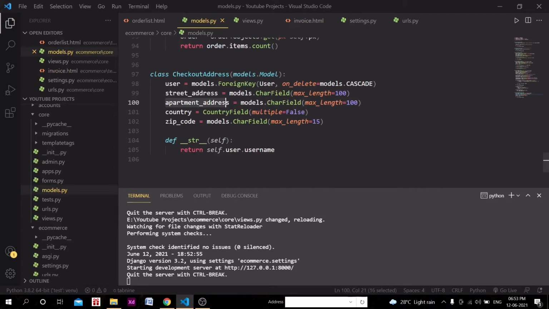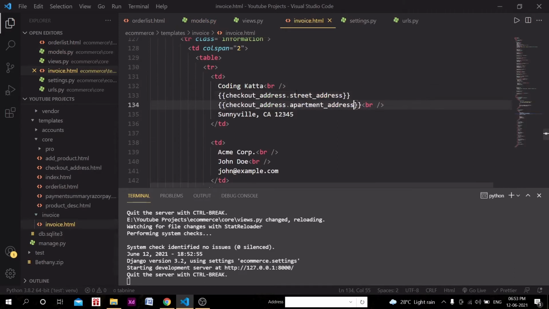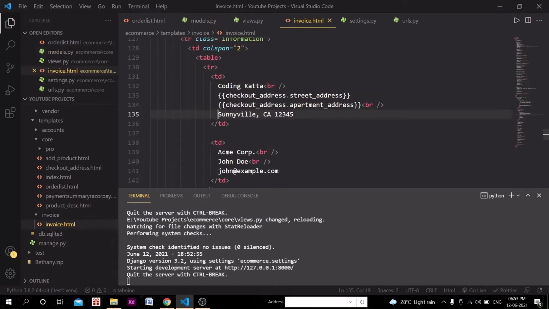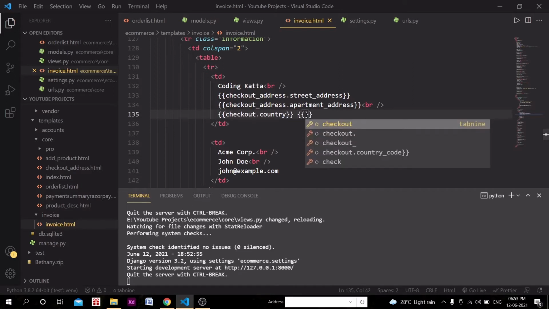Okay, this is just a demo, right? You can add anything, and in this, instead of the Sunny Village CA 12345, we can get that country and zip code, right? Depending on what values you are taking from the user, you can list them likewise, right? And country with zip code.